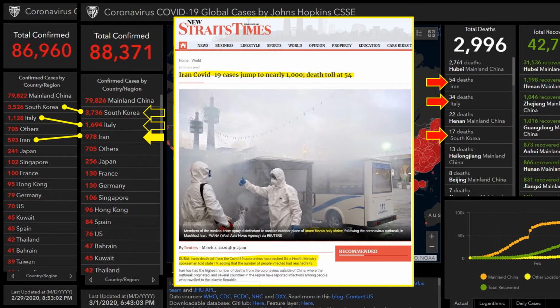Some countries announced a ban on travel to Iran because of the outbreak in Iran, but it's over with now, and right now they have a photo here of them disinfecting the religious site. Of course, that's after the fact. That's after it's over with. But I don't know why they said it would peak today, because the incubation period is still a couple of weeks. And it was just locked down.